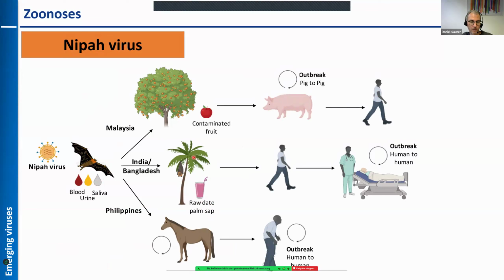In some regions of India and Bangladesh and other countries, palm sap is harvested by putting small bowls on the trunk of the tree. But unfortunately, bats also like this palm sap a lot, so they may drink from it and contaminate it. Then if humans harvest it, they may ingest the contaminated sap, get infected, and be a patient 0, or continue spreading the virus in the human population.